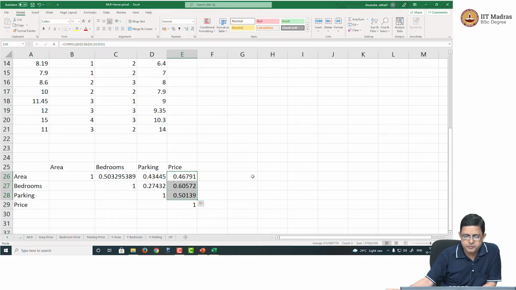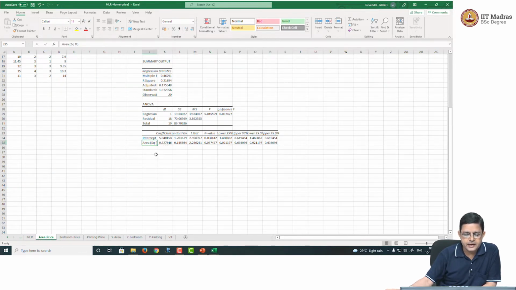So our hypothesis may actually be correct. Area seems to be impacting the prices of the apartment positively. The number of bedrooms seems to be affecting the prices positively. The number of parking lots also seems to be impacting the prices positively. Where do I see that? If I run a simple linear regression,